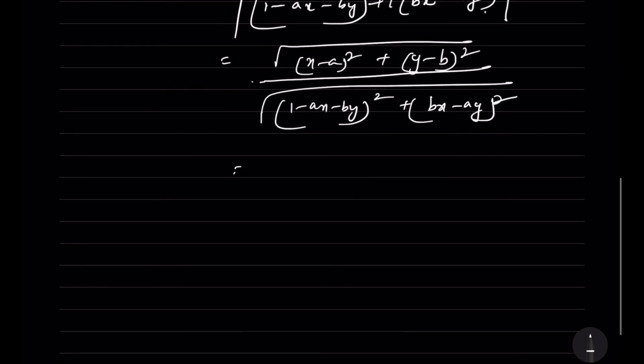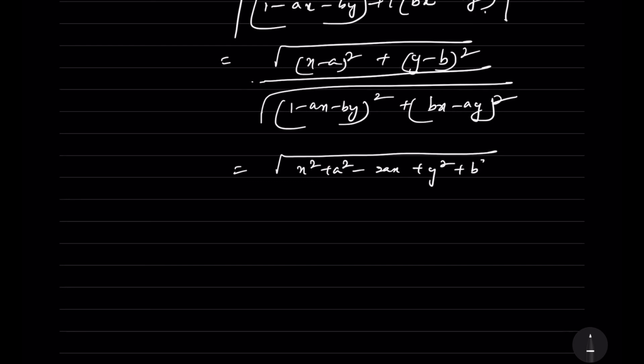So this is equal to under root of x square plus a square minus 2ax plus y square plus b square minus 2by divided by